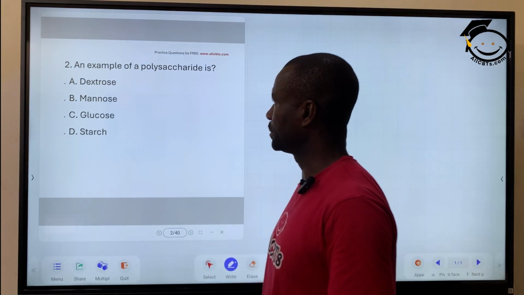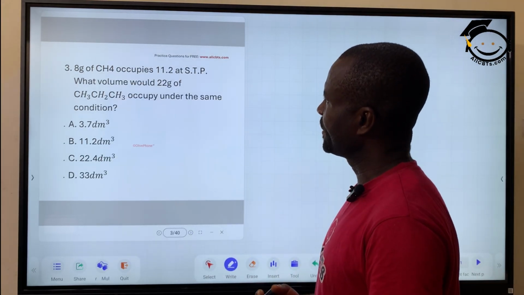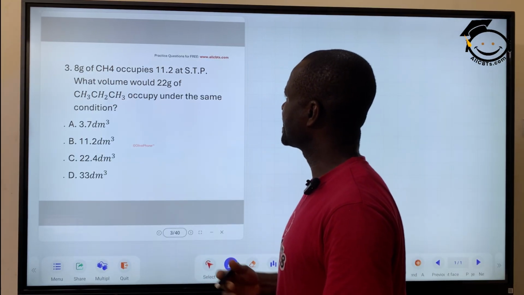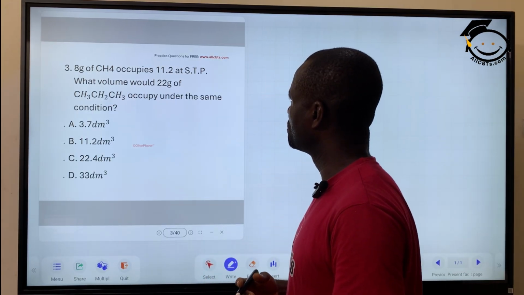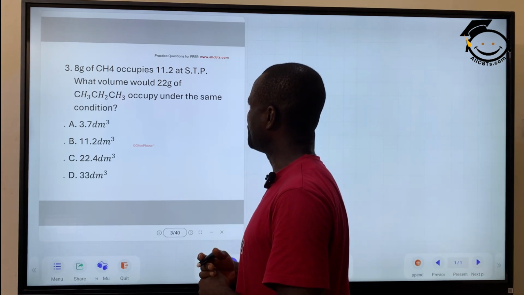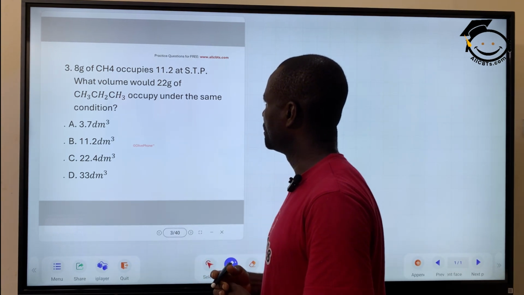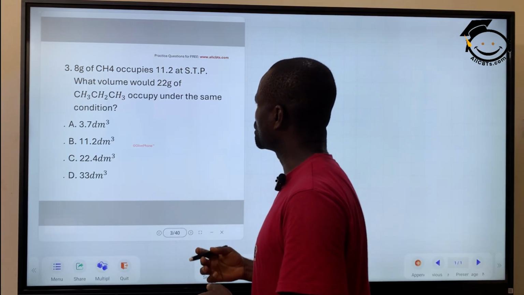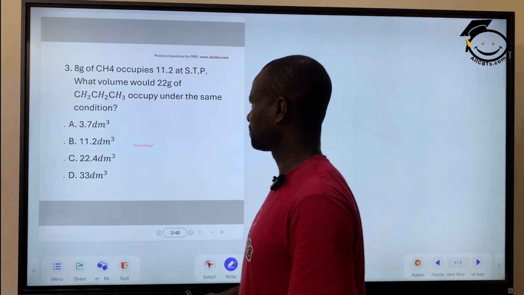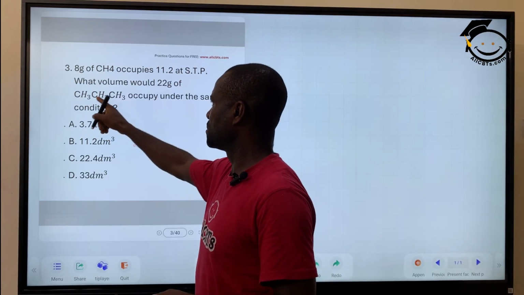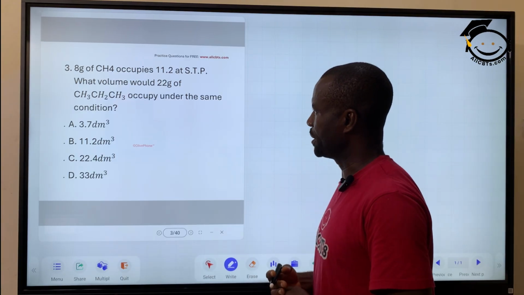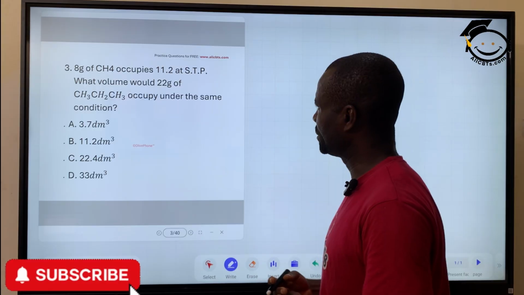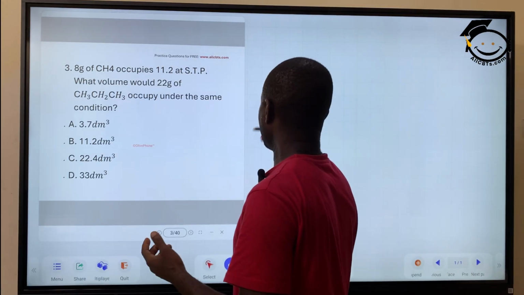Number 3. It says 8 grams of methane, CH4, occupies 11.2 dm3 volume at STP, that is the volume at standard temperature and pressure. What volume would 22 grams of propane occupy under the same condition? All right, at STP,